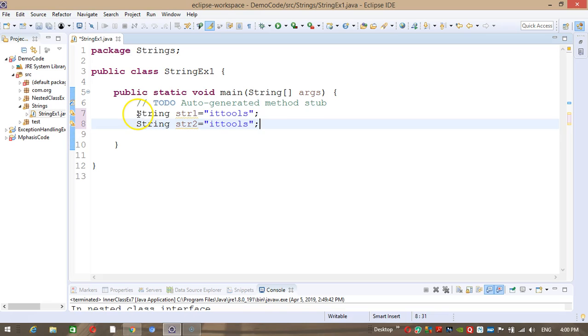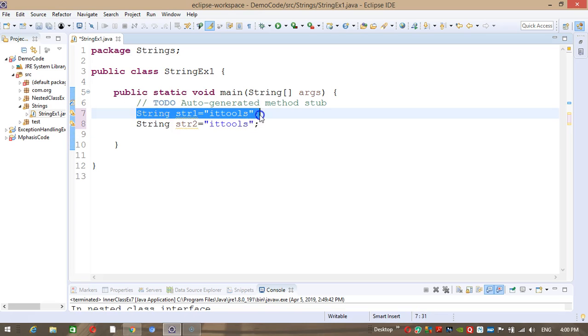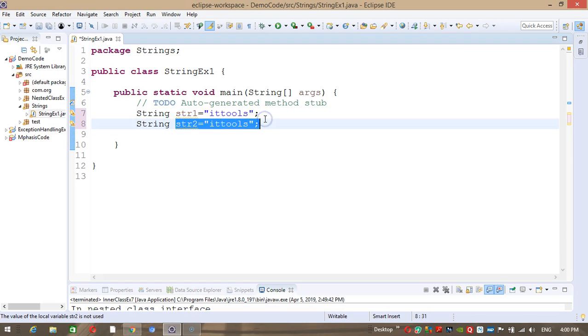That means, suppose str1 is created already and it is holding the value "IT tools". Now str2 is also holding "IT tools", the same content, and we have not created these instances using the new keyword.